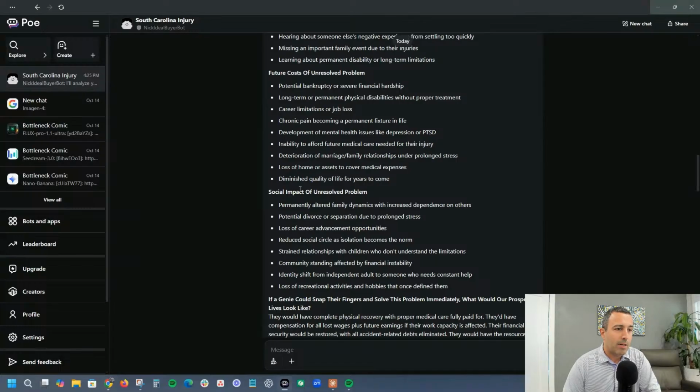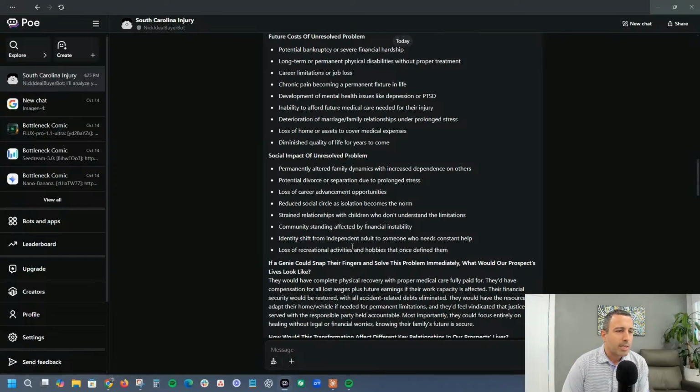Social impact of unresolved problems: permanently altered family dynamics with increased dependence on others, potential divorce or separation, loss of career advancement, reduced social circles, isolation becomes the norm, strained relationship with children who don't understand the limitations, community standing affected by financial instability. If a genie could snap their fingers and solve this problem immediately, what would our prospects'